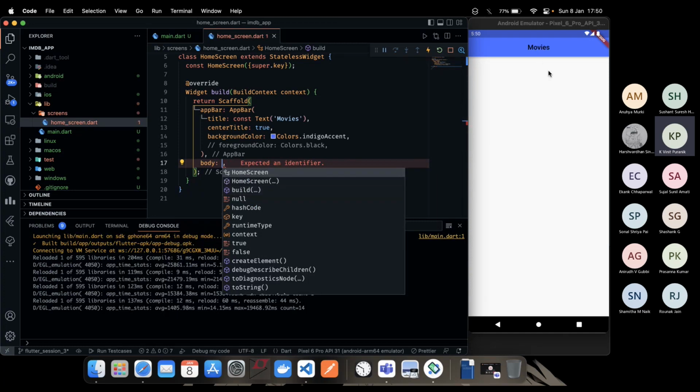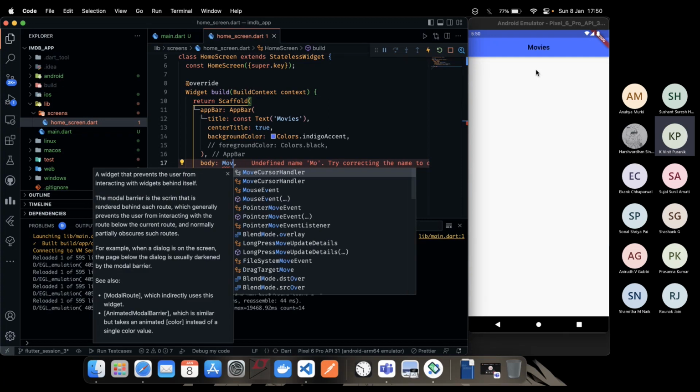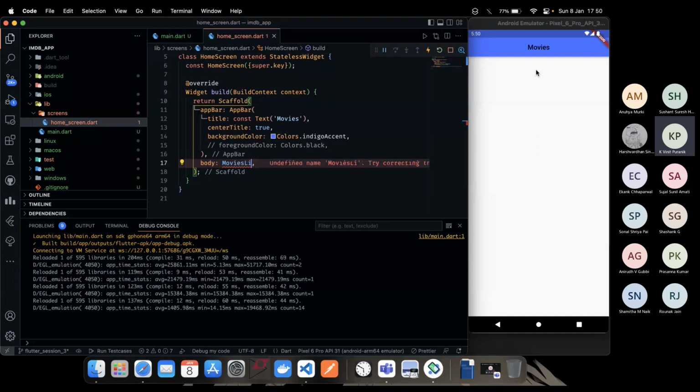here. As of now, I'll be giving static data. In the future sections, we can see how to fetch it from the internet. So I'll be naming it MoviesList. Okay. And because again, we didn't create the widget yet, that's why it's throwing this error. So